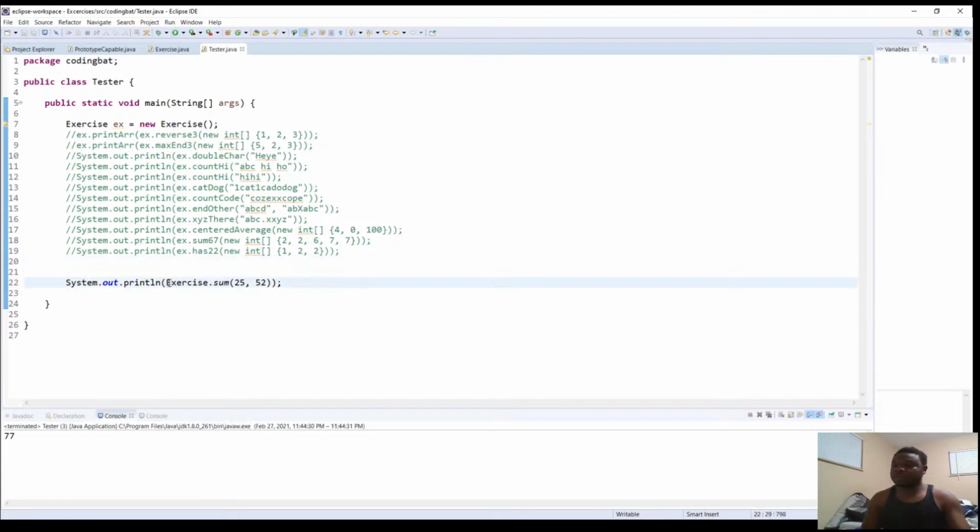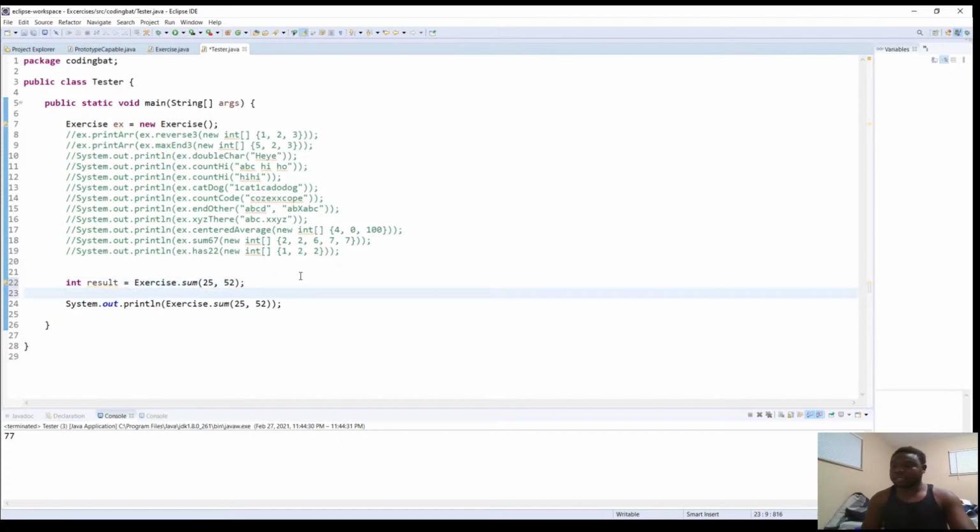77. Now, the good thing about this is the return result from a function can also be assigned to a variable. You can say result equals, and when you do that, you get the result. Then we can just print the result. And we can also have this as an input to a function. Can also say int result2 equals